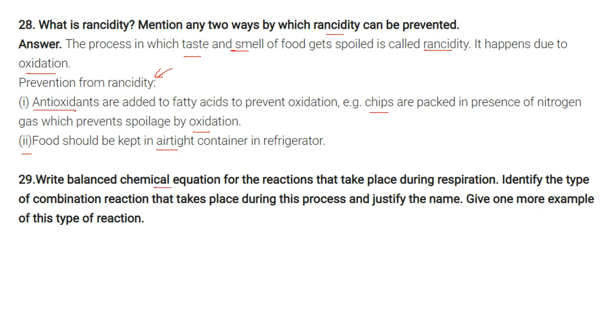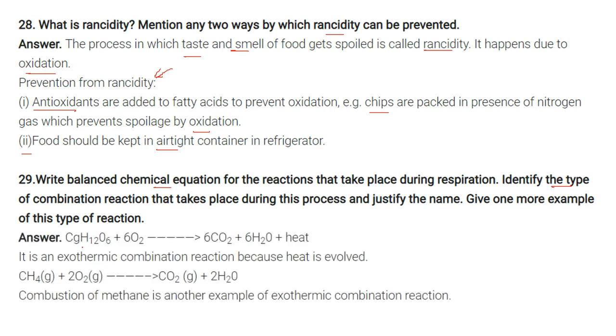Write balanced chemical equation for the reaction that takes place during respiration. Identify the type of combination reaction that takes place during the process and justify the name. Give one more example of this type of reaction. So this C6H12O6, when we respire,